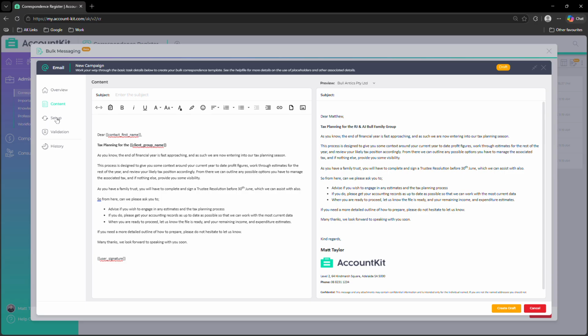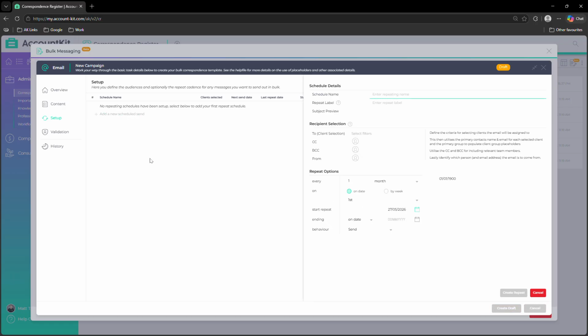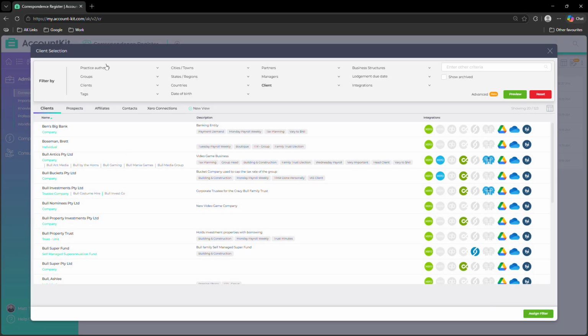We then move down to our setup page, and this allows us to set up how often this campaign will run. To add a new schedule, we click Add New Schedules to Send and give it a name. Tax Planning Email in this case. We select our clients that we would like to have run, and in here we set our practice authority,